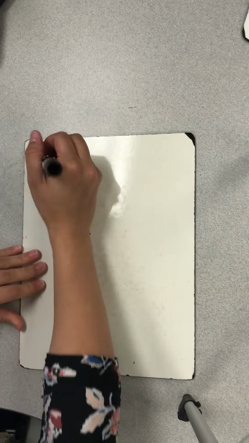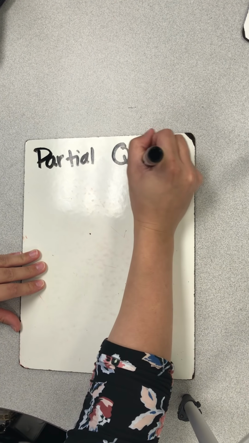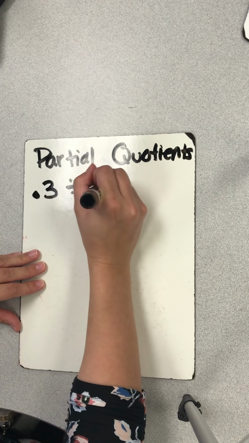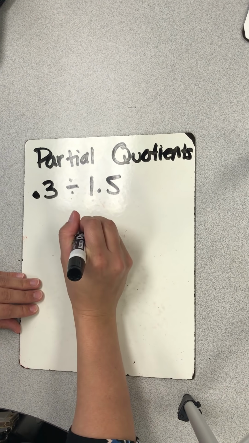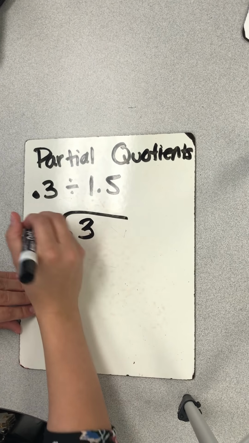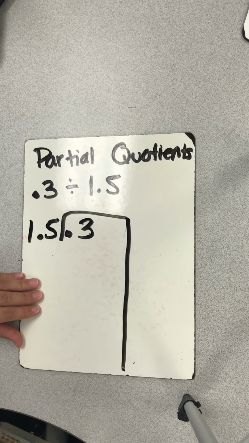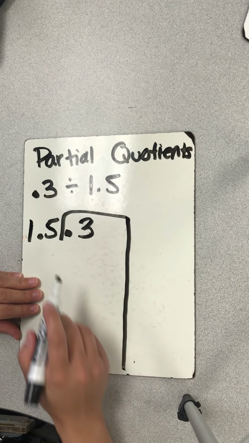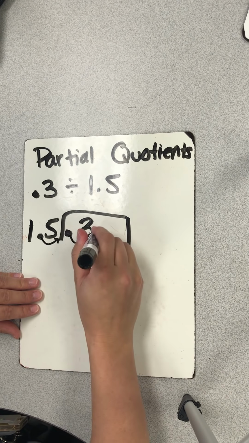If we take a look at the same question, only with partial quotients, which literally just means part of your answer for a division problem, we have 3/10 divided by 1 5/10. When we set up our division problem, we're going to have 3/10 on the inside of our division sign, 1 5/10 on the outside. Only now, since we're doing partial quotients, we'll bring a really long line down so that we can do our repeated addition of our answer on this side of it. We're still going to do our same thing with our decimal and move it over one place each. So we're going to be left with